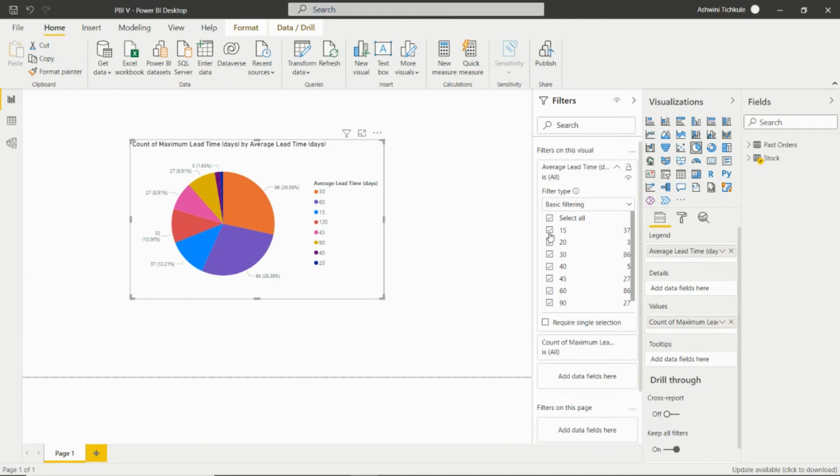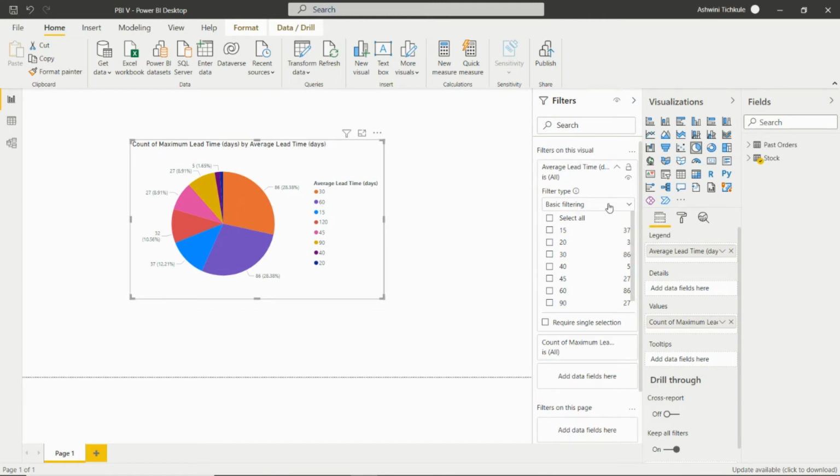If I don't want to see 15 and 20, I will just untick those particular fields, or days we can say. So we are not able to see these 15 and 20 days in this visual. So this is the basic filtering. We can select all, and we can also neglect anything.